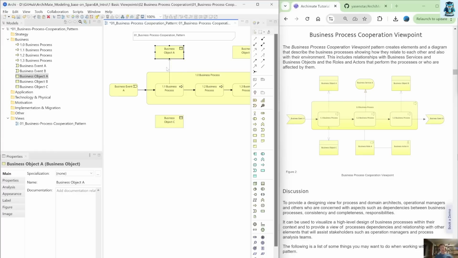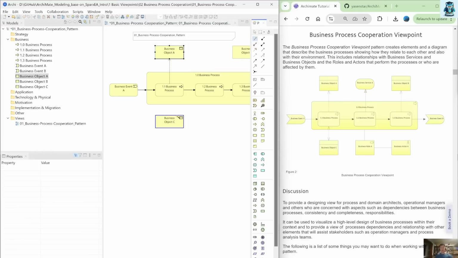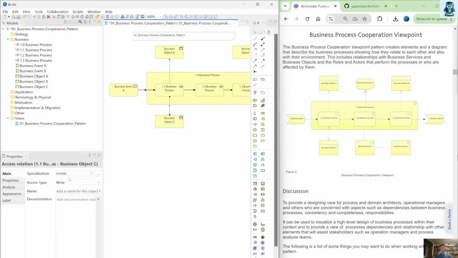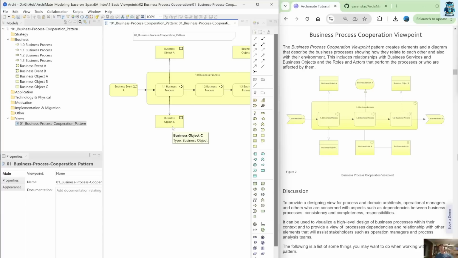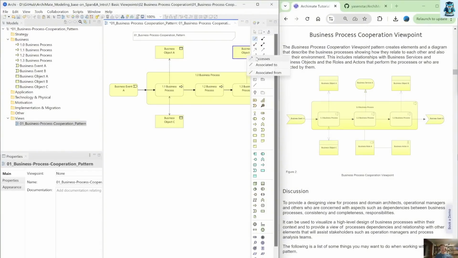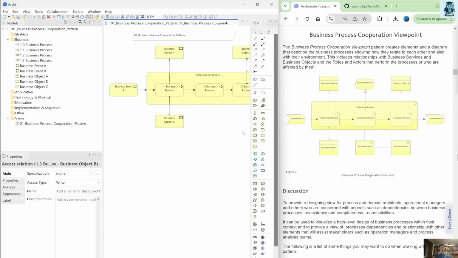So that means write. And you can see that by default it is write, but for this two-direction arrow, that means both read and write. So business object C can also be read directly. And similarly, 1.3 writes to business object B. And then next,